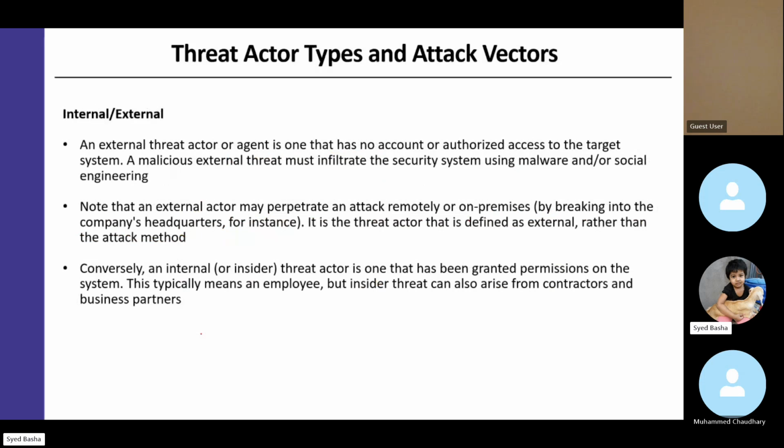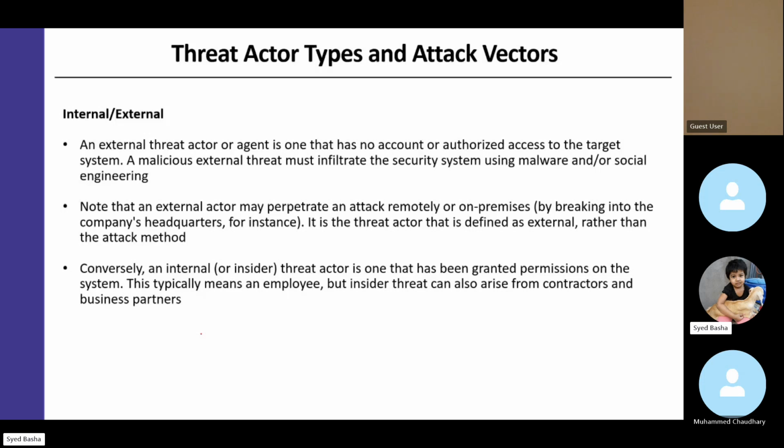As I mentioned, a threat could be internal or external. External could be some attacker, or someone who is paid by someone else. Maybe it could be your competitor. If you are running a business, your competitor could hire someone to attack your network so that they can bring your business down. So this is possible.